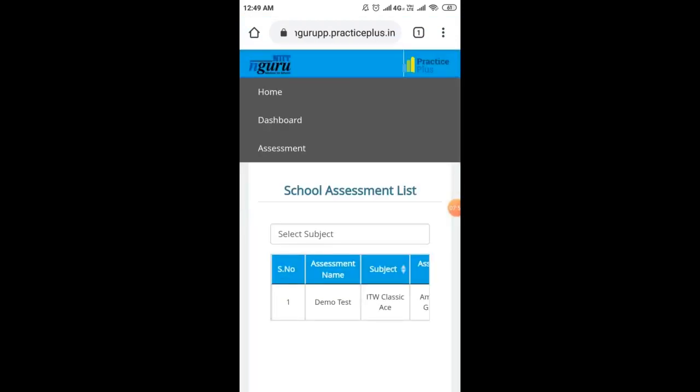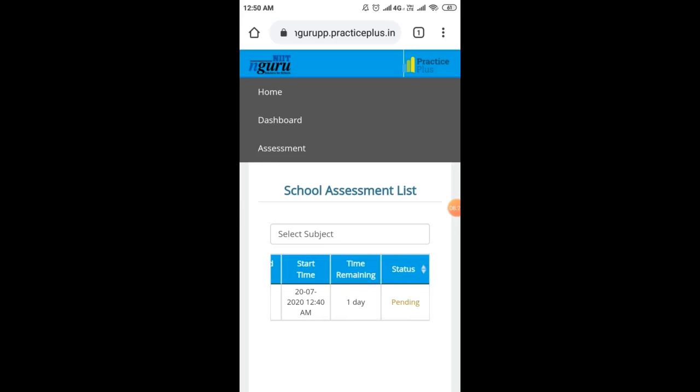Now if the paper is assigned to you, this is the section where you will find the name of the assessment, then the subject, then assigned by, that means your subject teacher's name, then the date of assignment, then start time with date, and time remaining.